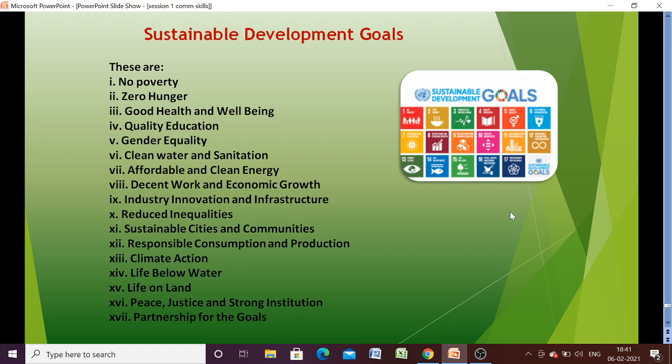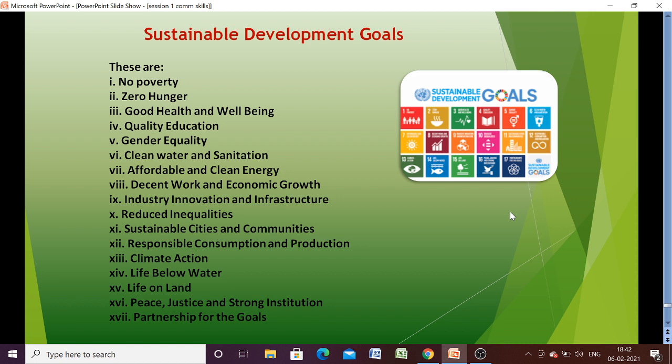And there are also some problems related to sustainable development. There are some challenges also. And what are those challenges? Challenges are like awareness, because there is a lack of awareness for sustainable development in humans. And human psychology is also there, that humans have a built-in psychology of showing off what all they have and their wants never end. So that psychology is also a problem related to sustainable development.